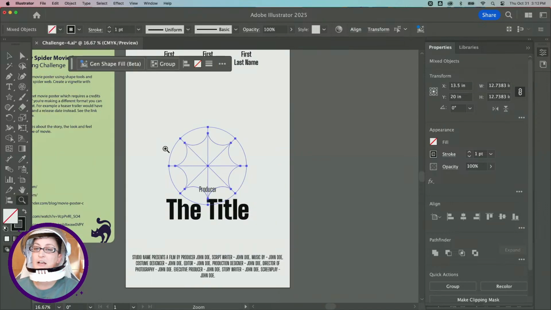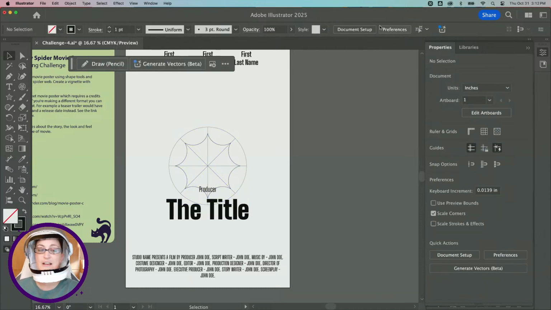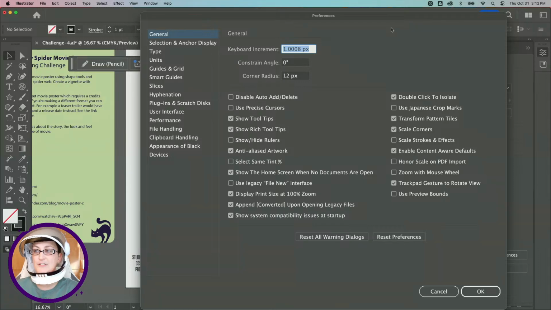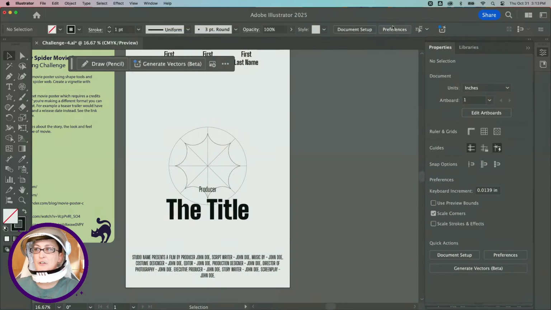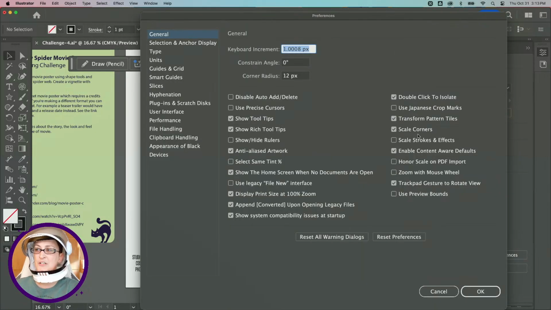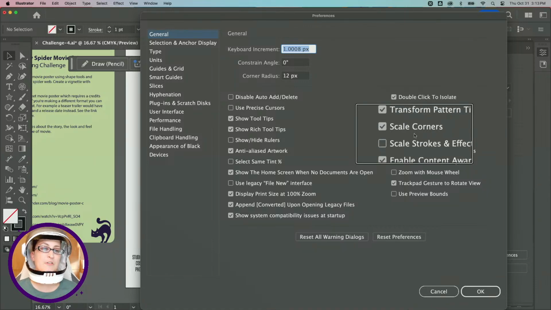All right, so the next step in our process is going to be to check a setting. When I am scaling this up, because we're going to want our spiderweb to fill our artboard, I want to make sure under Preferences, I have Scale Corners checked. So at the top in your control bar, if you click on Preferences, or again in the Properties panel, this option here, Scale Corners, is going to make sure that when I scale up my shape, it's changing the corner radius for my live corners